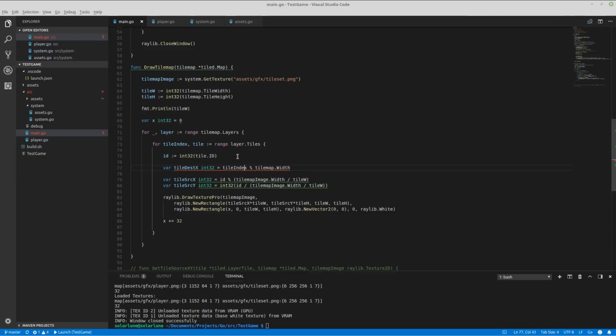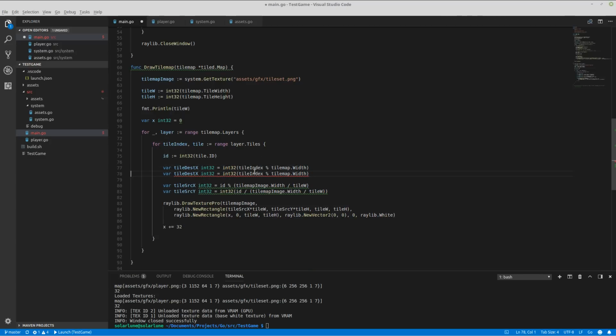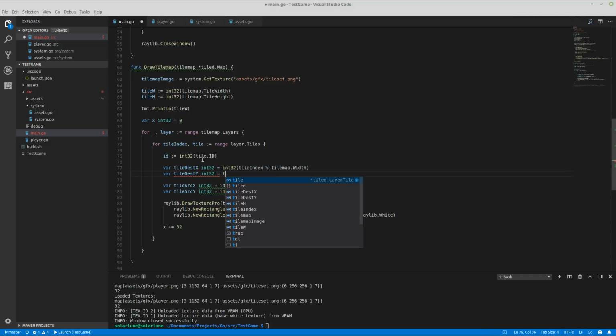So we got the index divided by our modulo. So map dot width. Y would be tile index